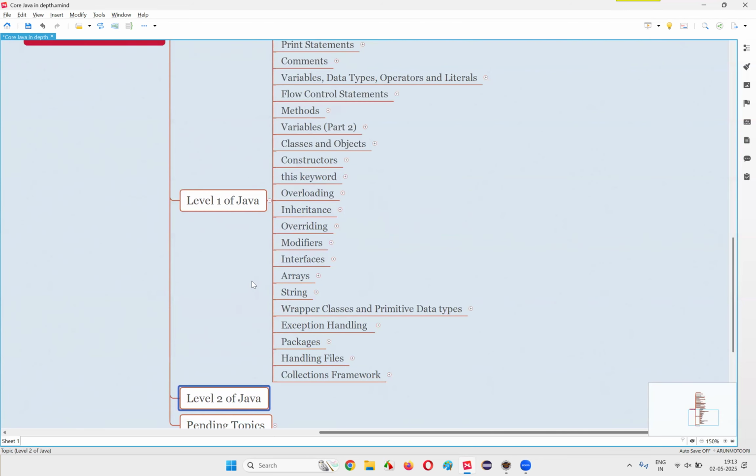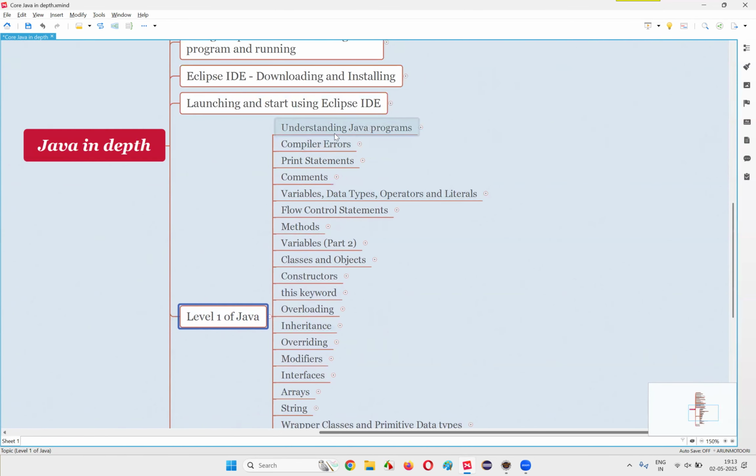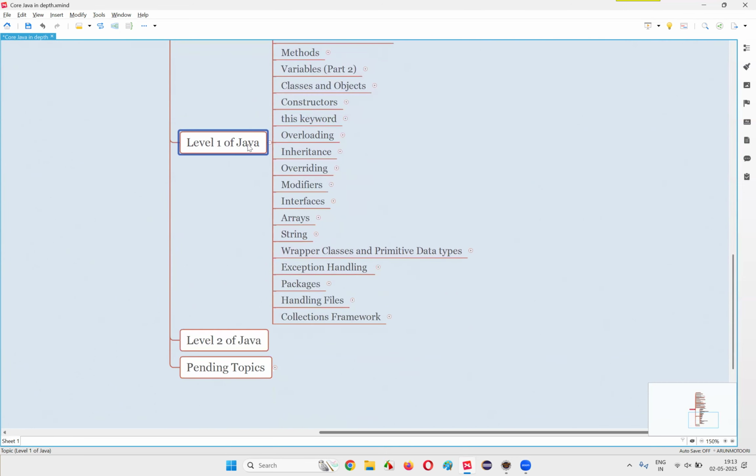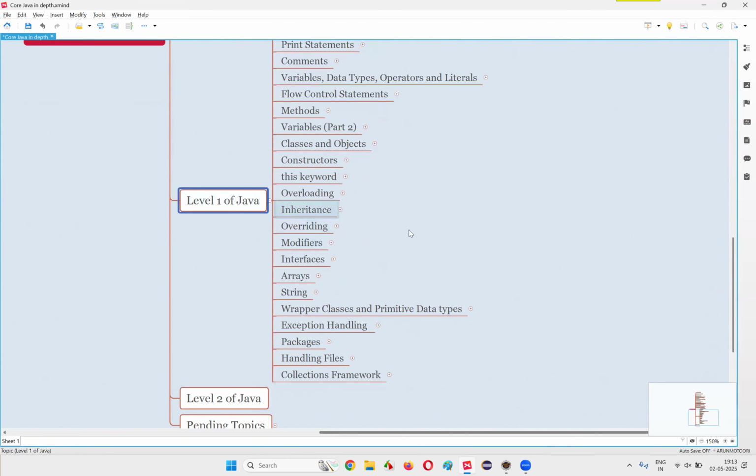That's the plan. But in the first go itself, I don't want to explain everything in depth. I want to explain this to a level that is required for you in the beginning to get started. Once you're comfortable with level 1 of Java, you will move to level 2 of Java where I'm going to explain each and every topic of Java in complete depth. So that's the plan, guys.